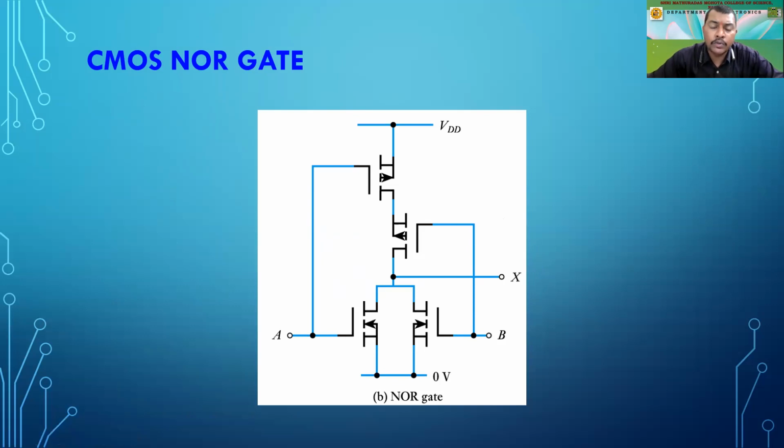And for writing, you have to name the transistors T1, T2, T3, and T4. Accordingly, you'll have to make a table of it, and put which transistor is on in what condition, and accordingly how the output is going to come, whether it is high or low, when it will become high, when it will become low. So accordingly, we'll have to write the theory on it.